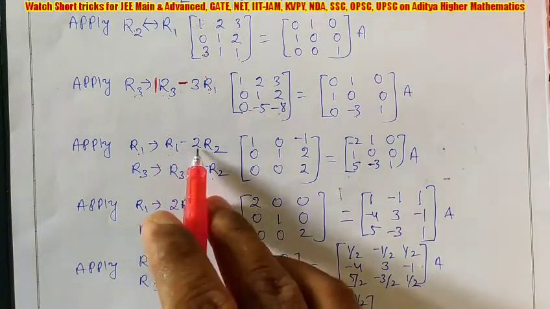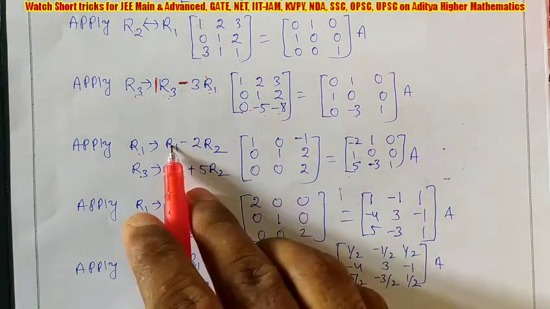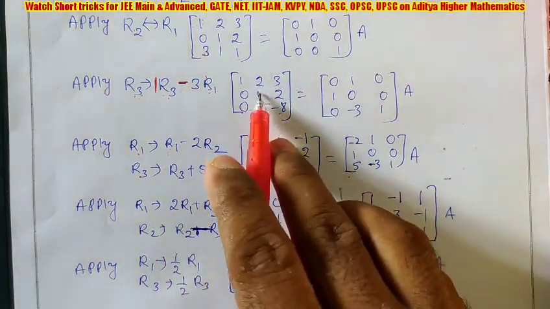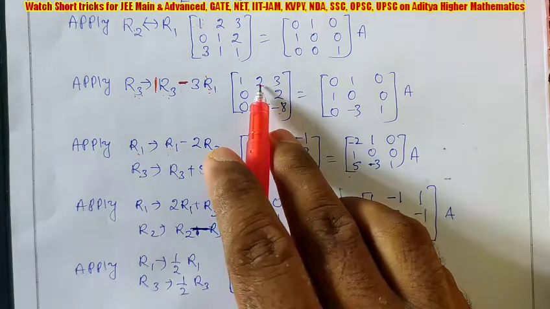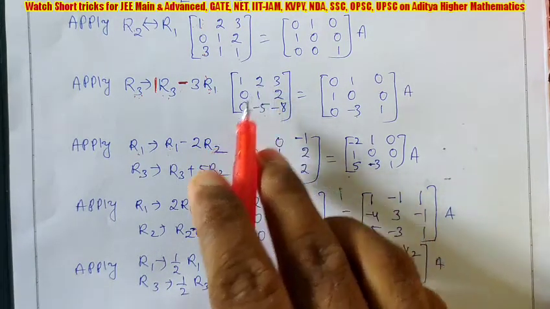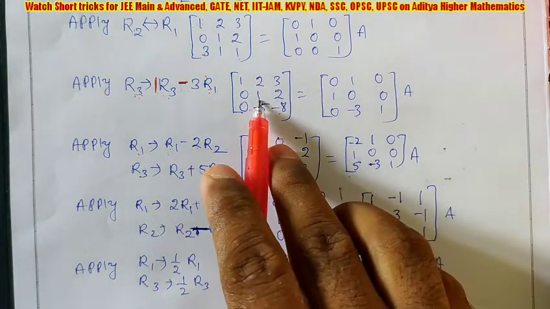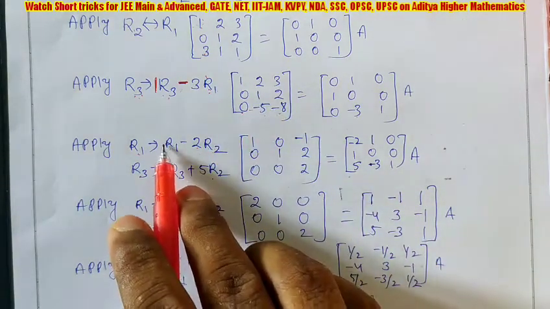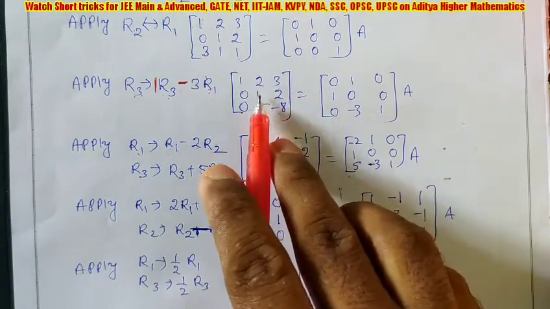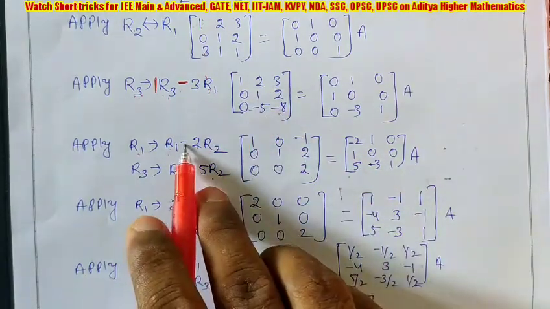Then how to write these coefficients? Now observe R1 and R2. R1 element is 2. So write its element in R2 coefficient, that means in coefficient of 2. But R2 element is 1, you write in R1 coefficient. That means both have same sign, positive, positive, so middle sign is negative.